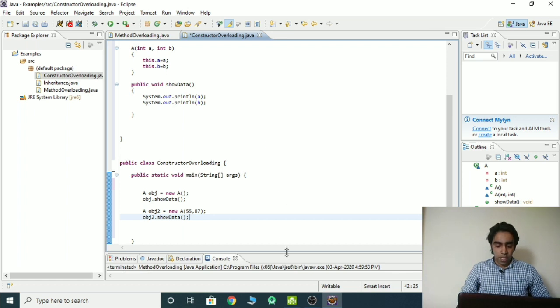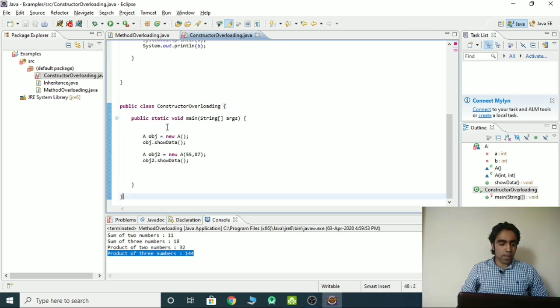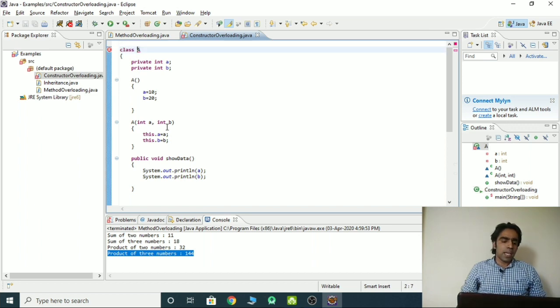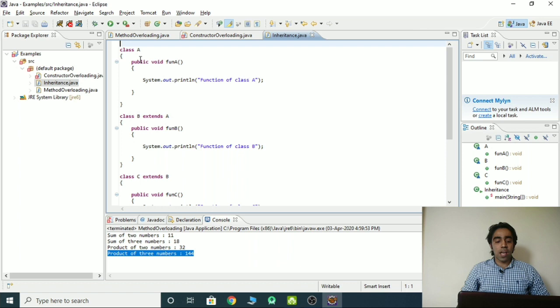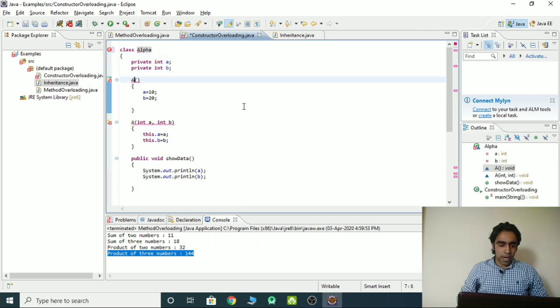To check it out, I will try to run this program. Just save it. Okay, on saving we got some error, on class A. The reason behind that is, in the default package I already have an inheritance class, inheritance.java, where I have already created class A. So at this point we got an error on class A. To resolve this error I'm changing it to alpha,